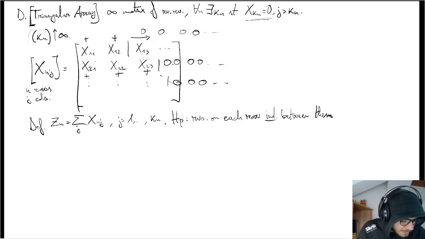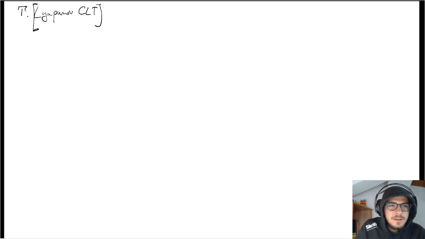With this said, let's state the Lyapunov central limit theorem. And as a small anecdote, I think I have read on the Wikipedia page that Lyapunov shot himself, and he died 3 days later. This was because his wife was sick, I think. I don't remember if it was Lyapunov or Lindbergh, but I think it was Lyapunov. In any case,